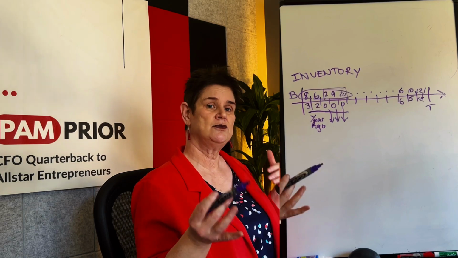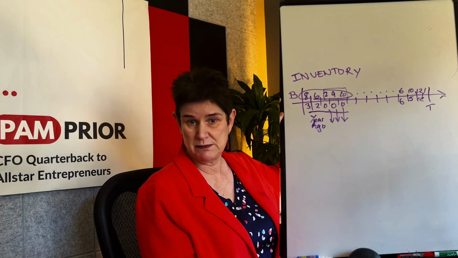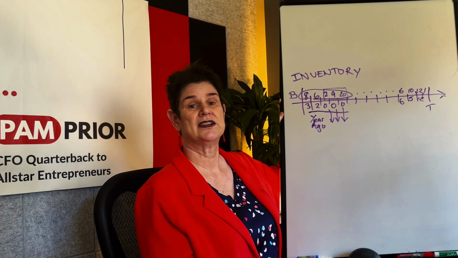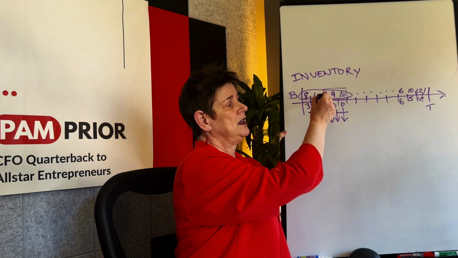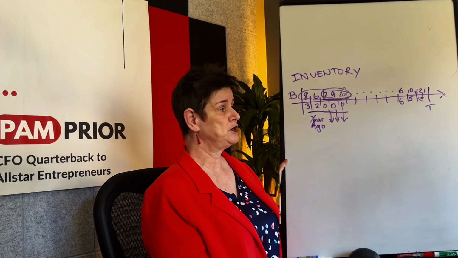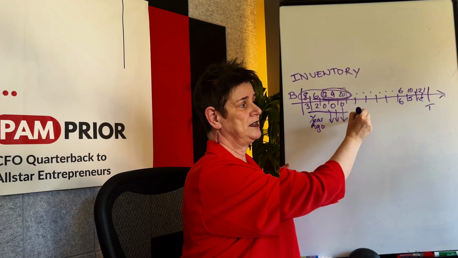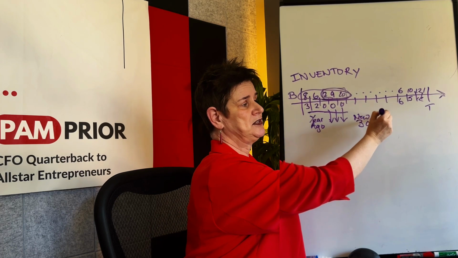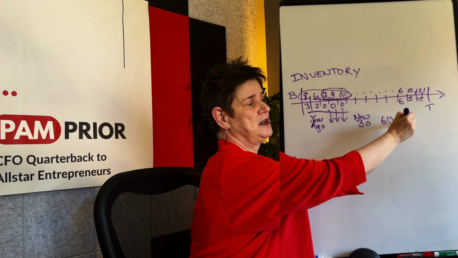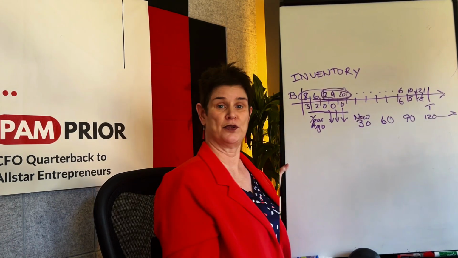So if they're going to lend you money, they often want to know what the value of your inventory is, because they may be using it as collateral, and they're going to discount what they're going to give you if you have a lot of really old inventory. So what they're going to ask you to do is tell them, let me look at your inventory, tell me how much is new within the last 30 days, how much has been there 60 days, how much is 90, how much is 120, and how much is older than that.